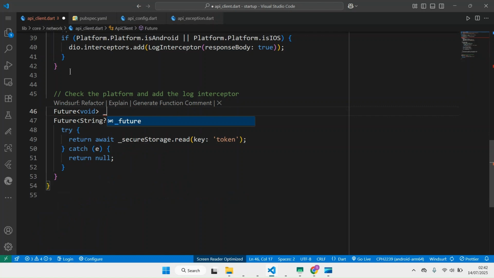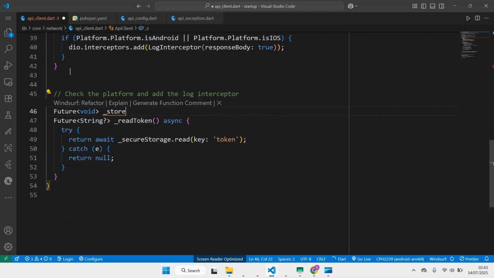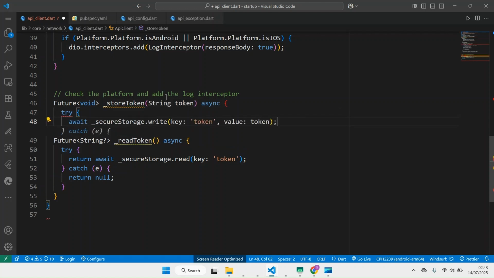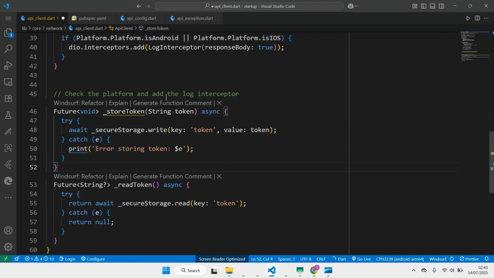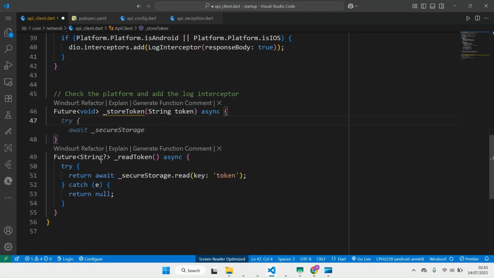So I can do storage, secure storage, or store token is equal to async. So we want to get the package. Here we want to check the